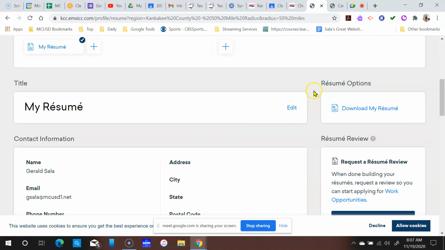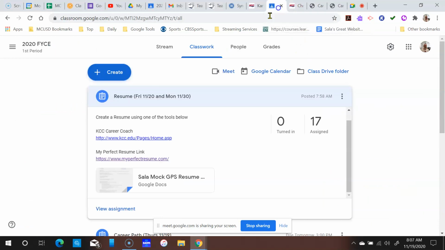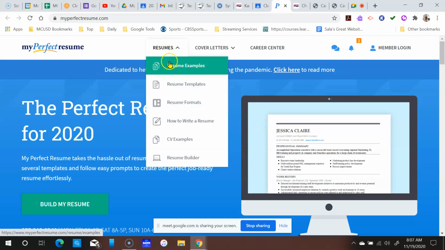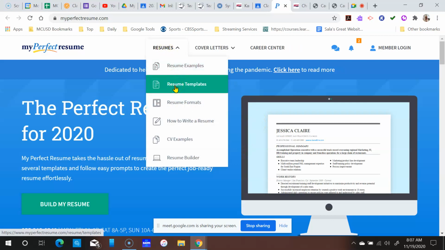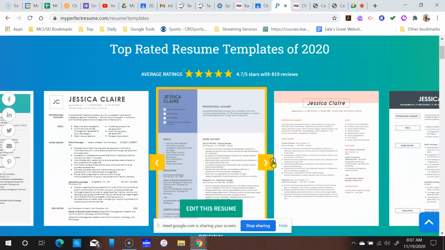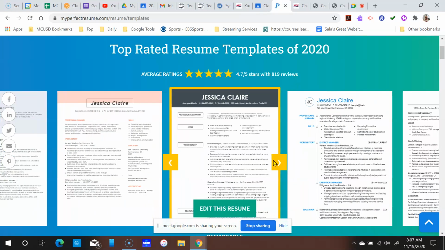They'll ask you questions on how to build a resume. There's another site you can choose to use, which is completely up to you. If you go to My Perfect Resume, there's a resume template page, and you can click on any of these options, and when you edit it, it's going to ask for all your information.